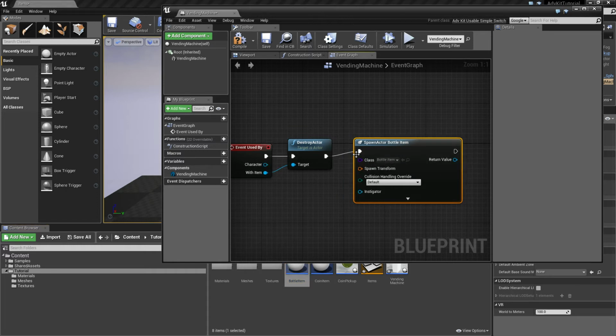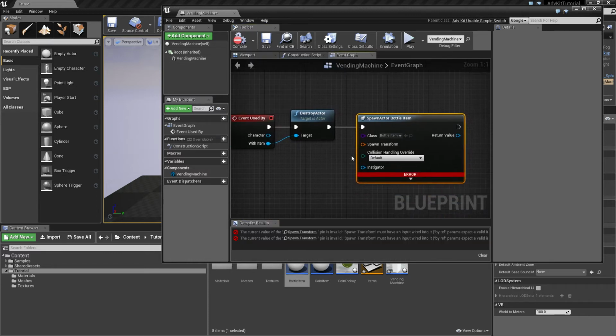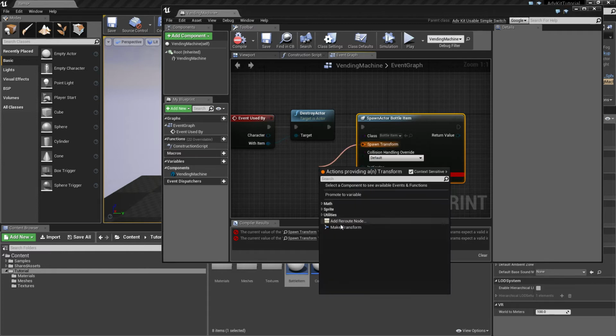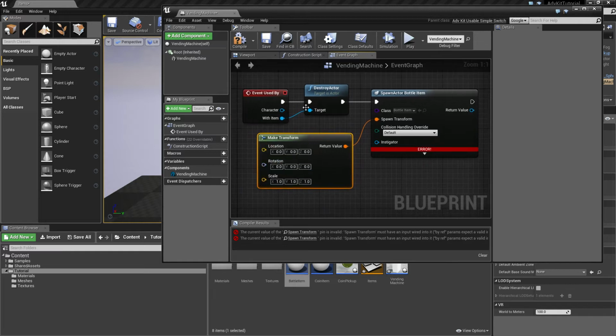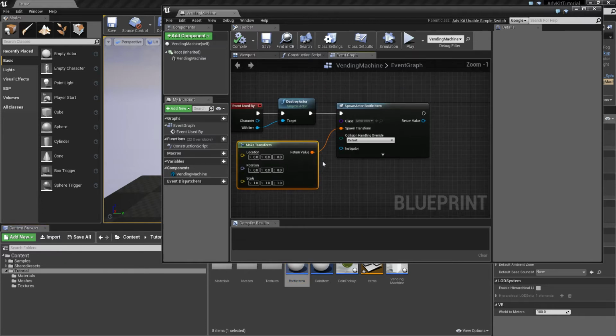Now when we compile it, it'll complain because we haven't given a spawn transform. It doesn't really matter what the spawn transform is, so we'll just have a default zero transformation. It doesn't matter where the item is because it's not displayed anyway. Okay, save it. And now the next thing is, now the item exists, but it hasn't been given to the